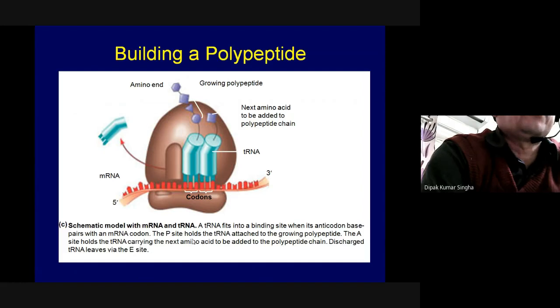The P site holds the tRNA attached to the growing polypeptide, and the A site holds the tRNA carrying the next amino acid to add, and finally the tRNA is discharged and leaves via the